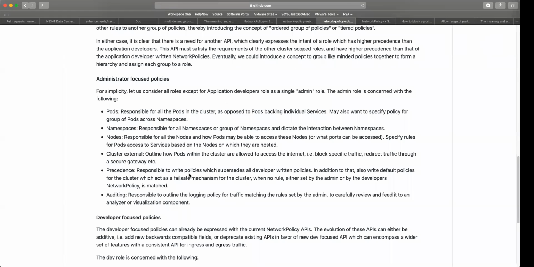So that is the fail safe. Maybe your CoreDNS traffic was a fail safe rule that the cluster admin has put in, but the developer will have control over adding more restrictions on those. So I think it's a clear pattern that we see that there will be certain rules which have to be enforced before the developer's policies, but there will also be a certain set of rules which will be enforced after the developer policies. So the API needs to be able to handle these kinds of requests.